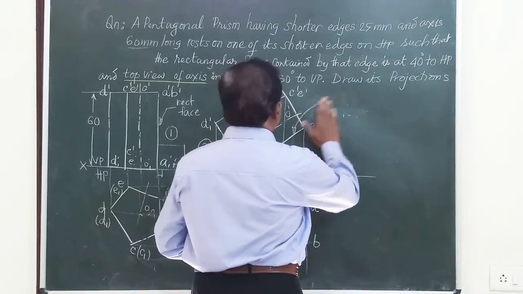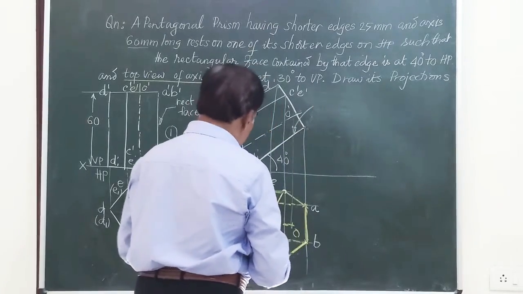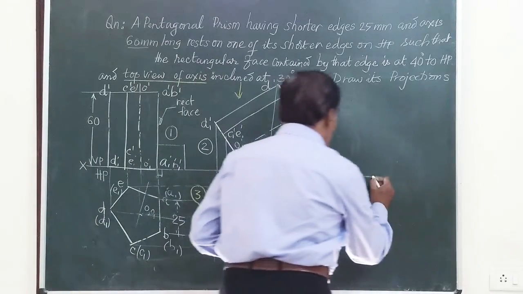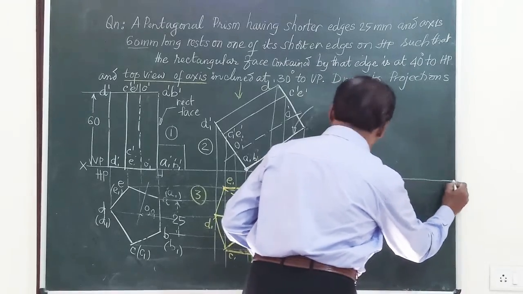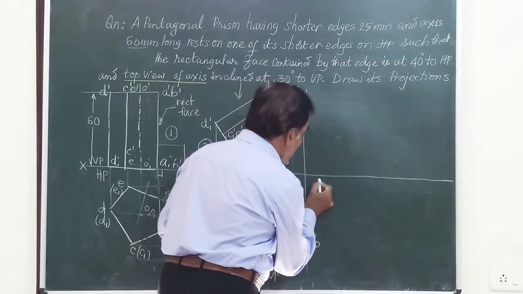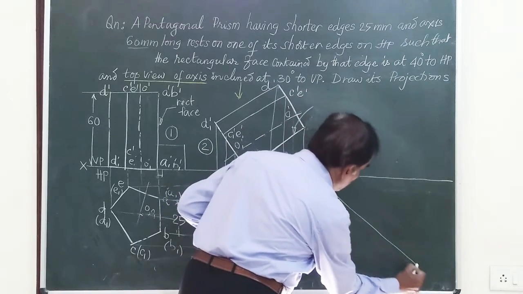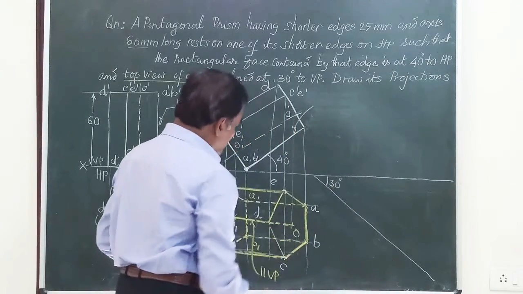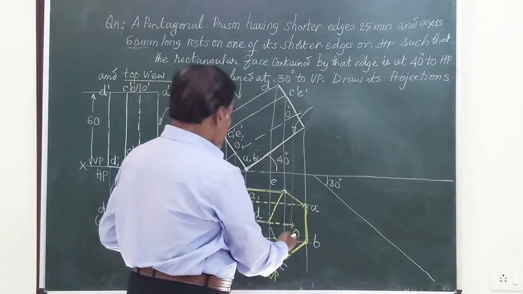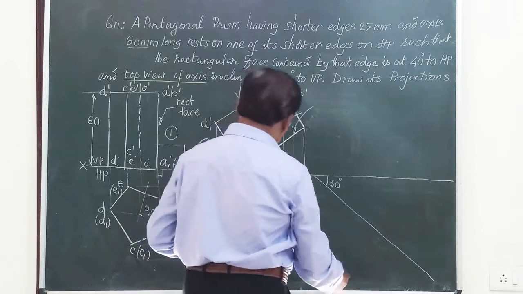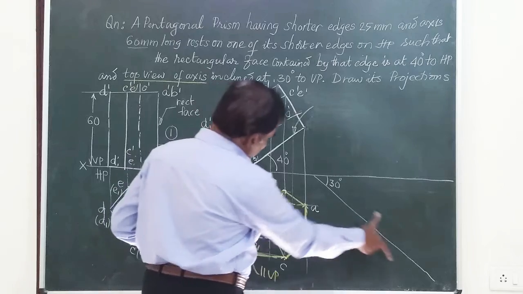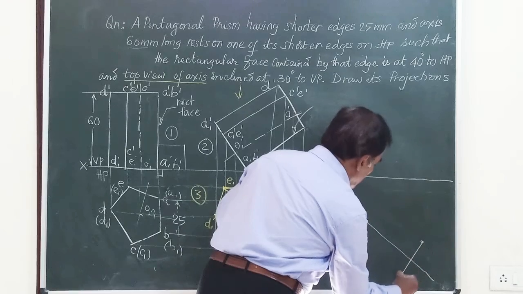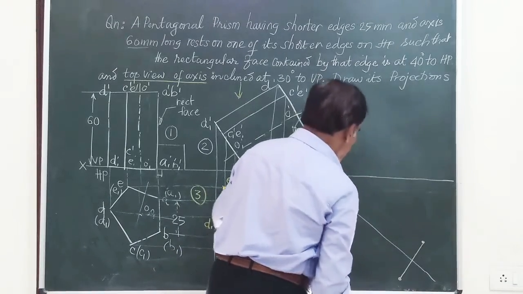So now I am going to redraw this figure such that this line O1 is at an angle of 30 degrees to VP and get the final front view of the solid. I will mark a line here at an angle of 30 degrees, on which I am going to mark the top view of the axis. We can take either the top face nearer to the observer or the bottom face. Let me draw this figure as it is. So I will mark this AB.